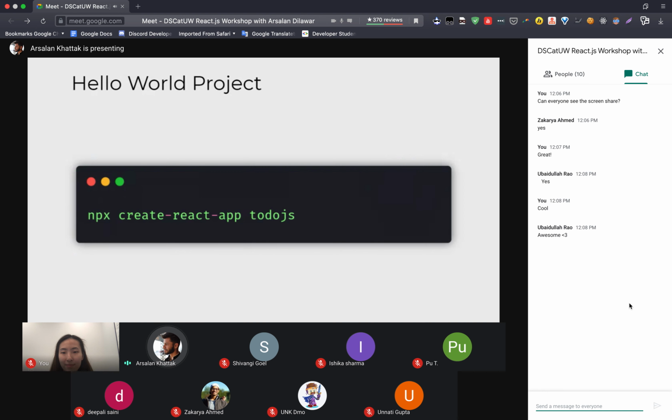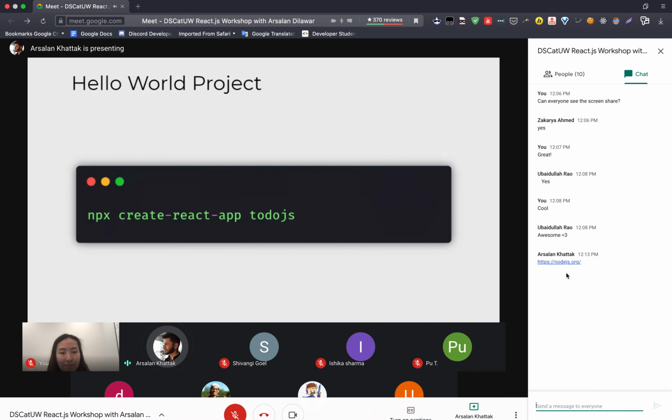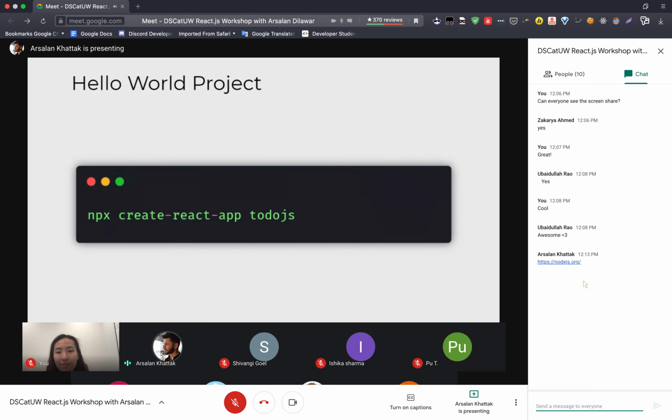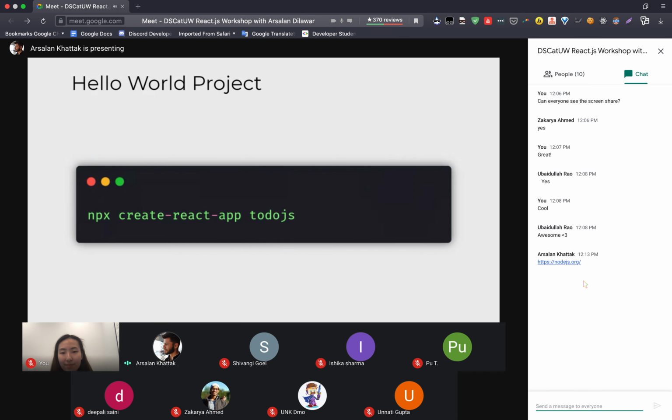I will share the link in the chat. It is nodejs.org. You can go there, download it for whatever OS you are using, and just install it. Once you install Node.js, it comes with another amazing software, which is npm.